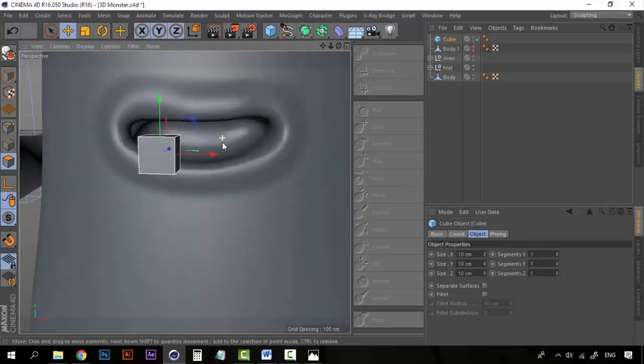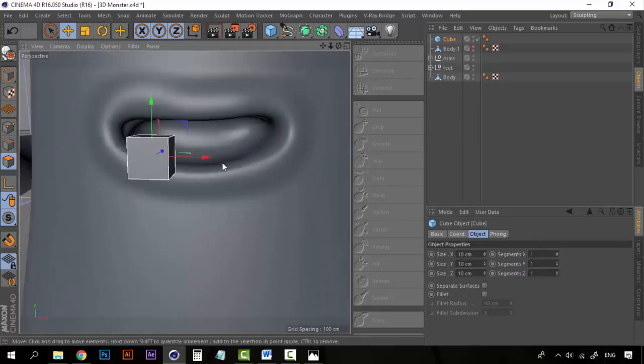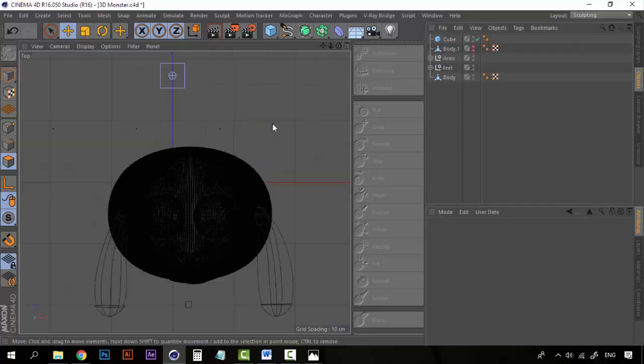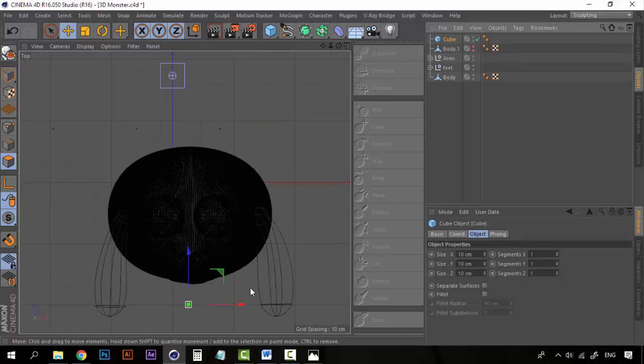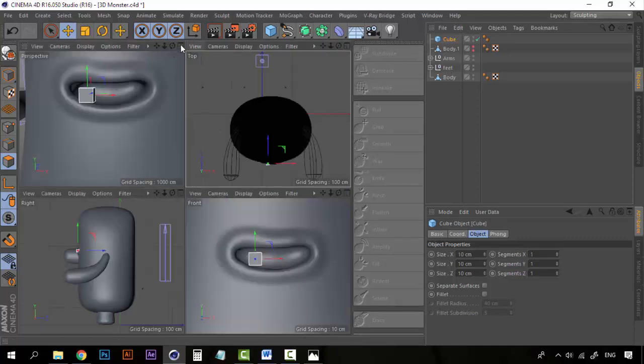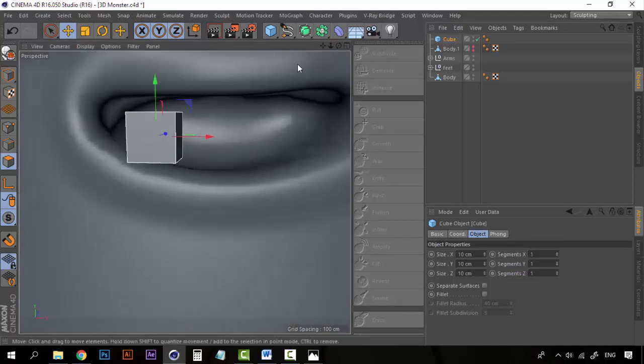Yeah, I think 10 can work. We can change the size later if we want. Let's go to the front view, and you can see that the cube is very far away from the mouth. Place it here, and now all we have to do is to create